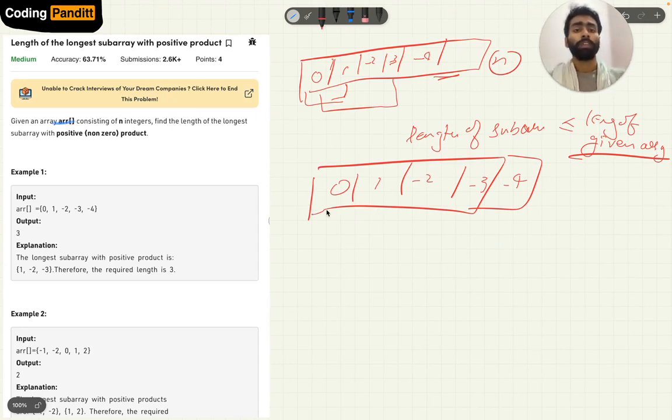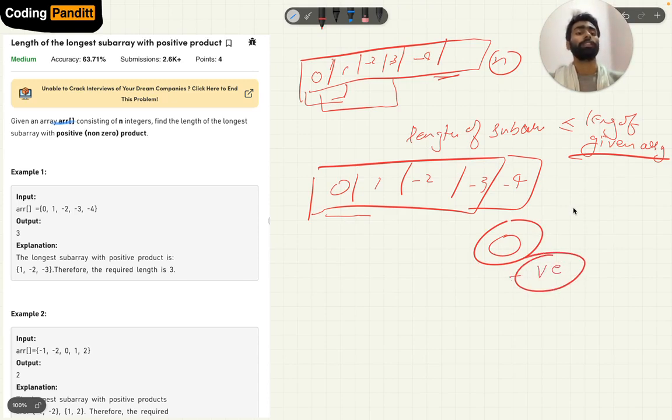So how will we do this? We don't need the actual product, so we will not multiply. We will just check two conditions: the product should not be zero and it should not be negative.